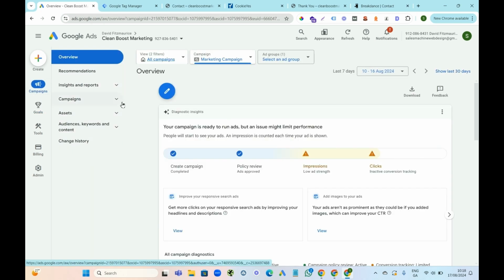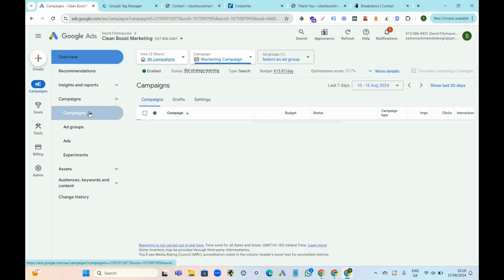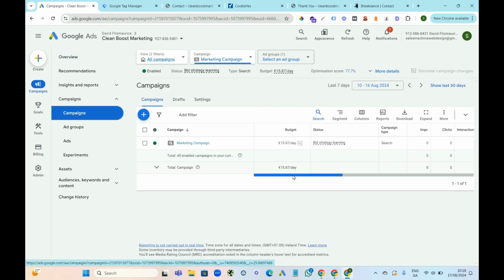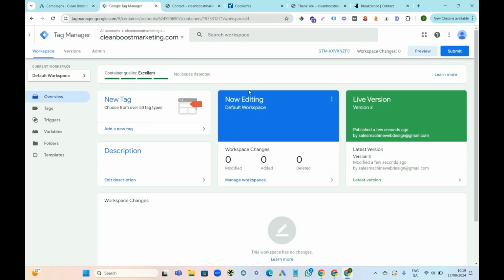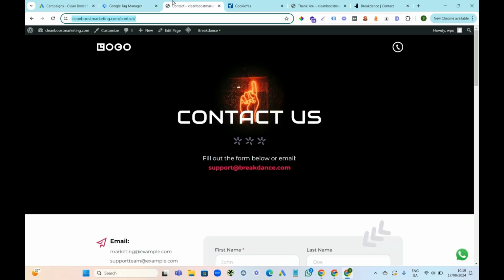So what will happen is you're going to start coming onto your ads and you're going to go to your stats, and what you're going to start seeing is these will start moving up. You know, if you get 1 a day or 2 a day or 3 a day, whatever people do on the website, it could be the button click, it could be the thank you page, it could be the WhatsApp button. These are going to start appearing right here because you have it all set up on your Google Tag Manager. And then that's how you set up Google Tag Manager with your Google Ads